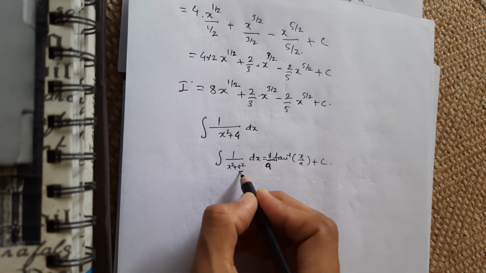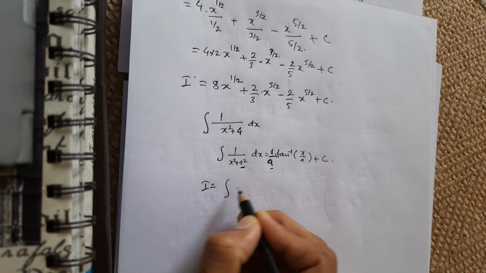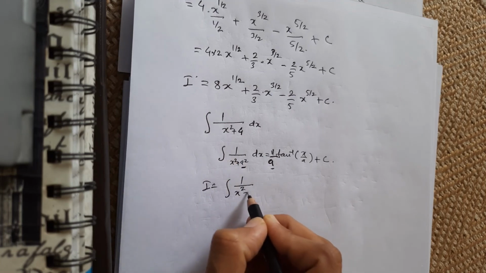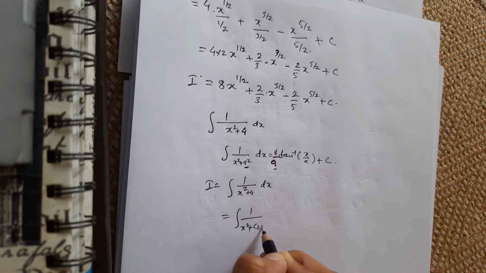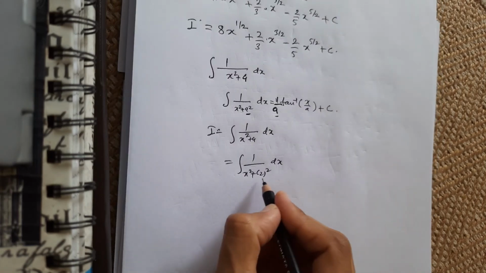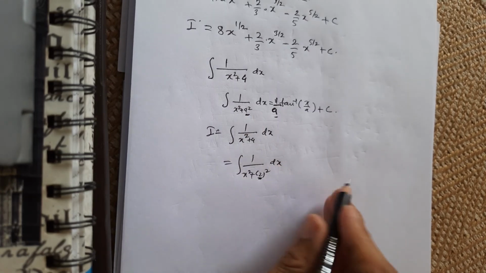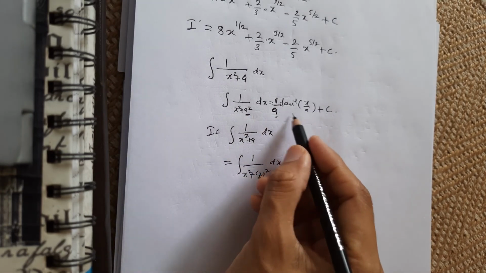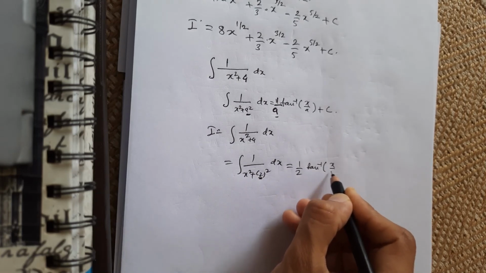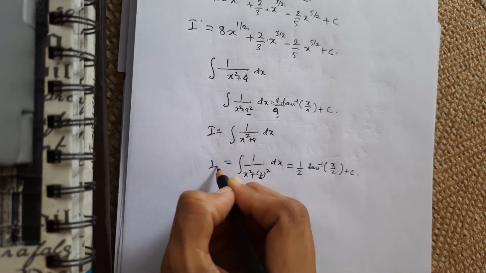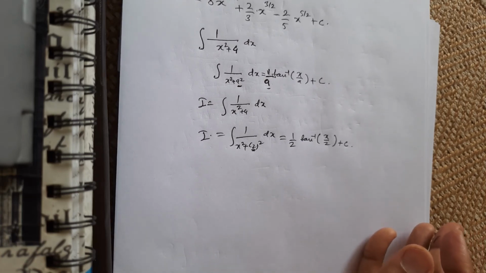Now a square is there and I want to take a, the square root part of this. So how do I solve it, just observe. I is integration of 1 upon x square plus 4 dx, and this 4 I can write as 2 square, so x square plus 2 square. Now this 2 becomes my a, in the same form x square plus a square. Putting the value, I will get 1 upon 2 into tan inverse of x upon 2 plus c, that is the value of I. That's how we solve integration problems of simple functions.